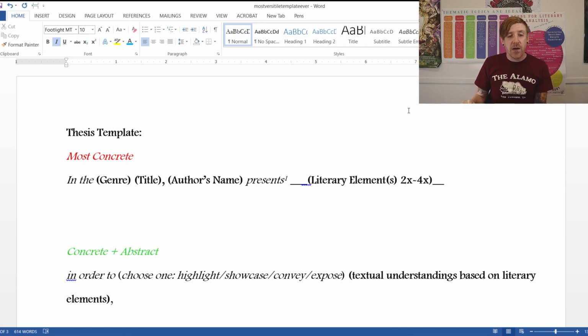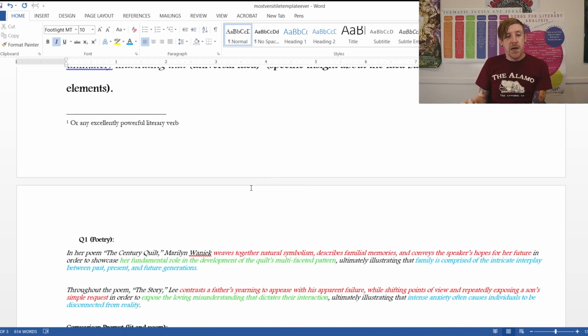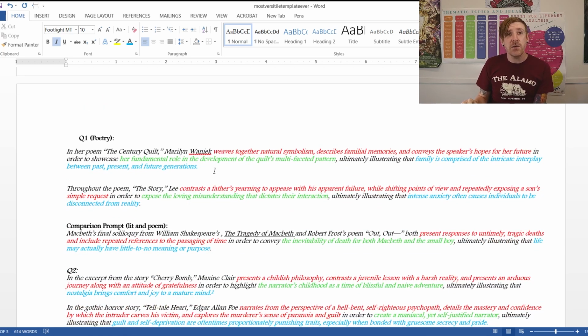So anyway, you don't have to use presents, but you can. That's a good fallback verb. I tell my students all the time, you should fall back to the word presents. If you can't think of anything else that the author is doing in that literary moment, use the word presents. But let's just look here. You're going to notice I don't use presents when I have my thesis for The Century Quilt here. But let's look at